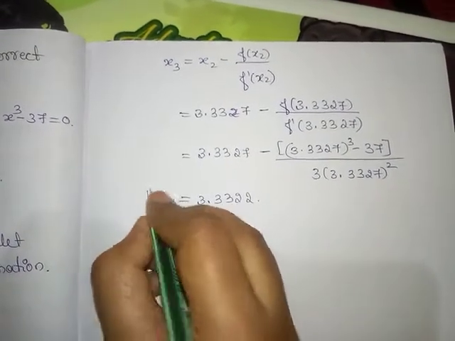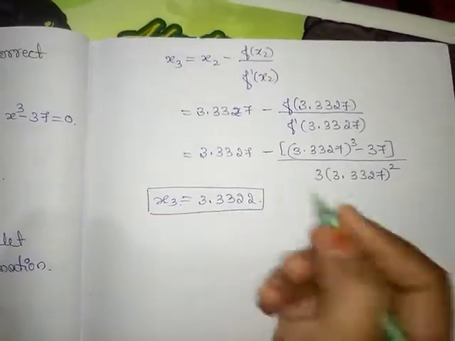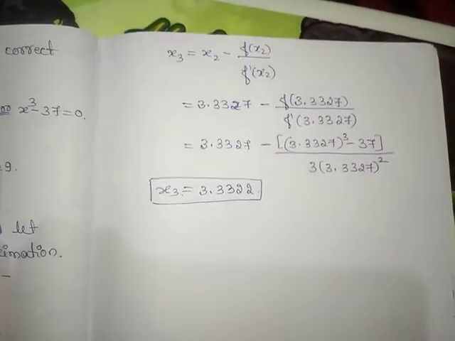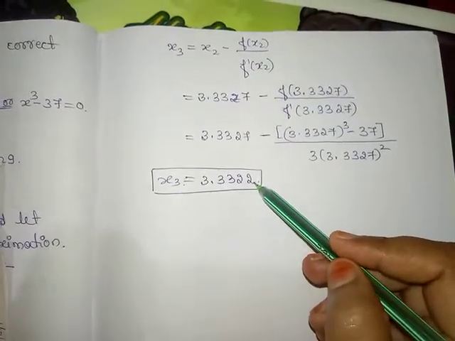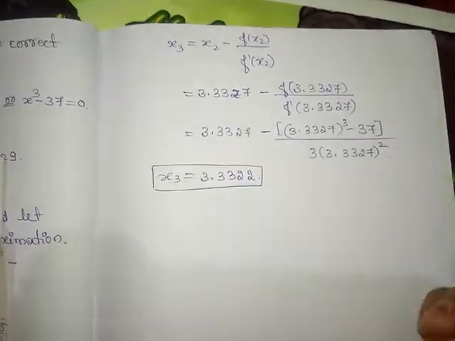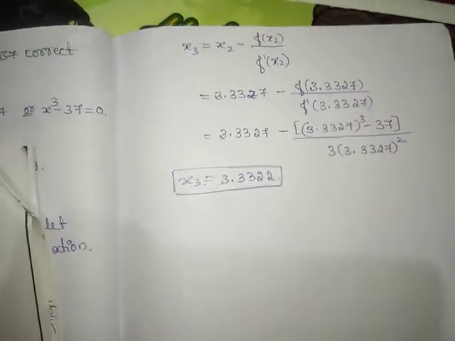x3 is equal to 3.3322. x2 is 3.3327 and x3 is 3.3332. Up to 3 decimal places we get the same value. Therefore,